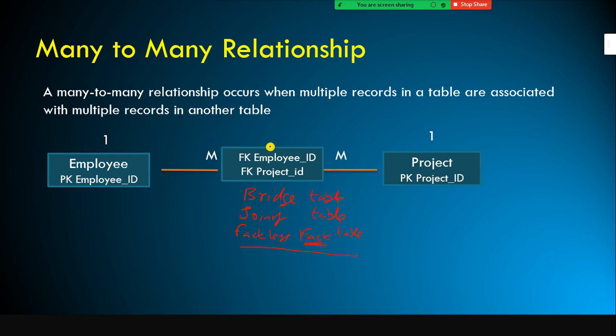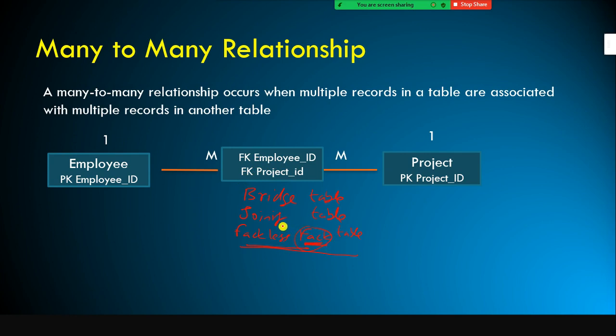But when it comes to the factless fact table, as the name says, you don't store the fact, the numeric values. Instead, you store something like a bridge table. Because a fact table is itself a transaction table, a many table, right? If you have two fact tables, these two fact tables are many tables. In that case, you need to use a bridge table. The bridge table or joining table, when it comes to star schema, we call it a factless fact table.